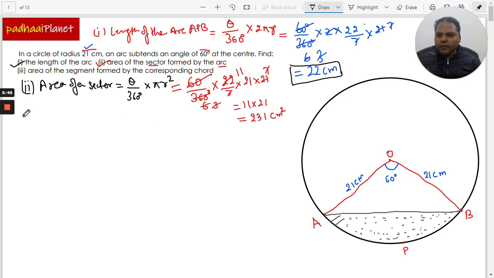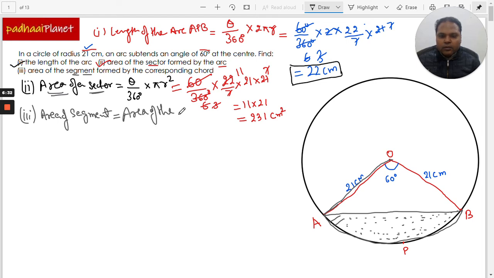So let's form the base relationship, and it is like this: the area of this segment is equal to the area of this sector, this entire area OAB, which we just calculated, the area of the sector,